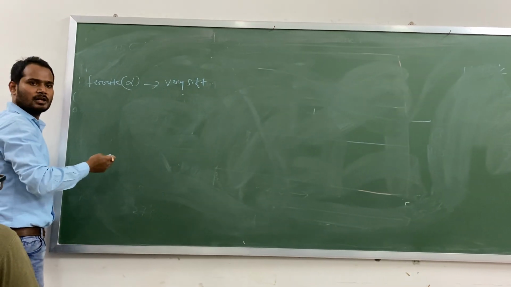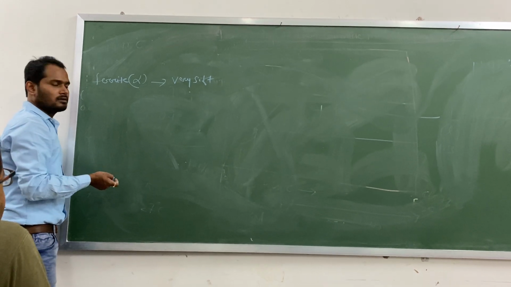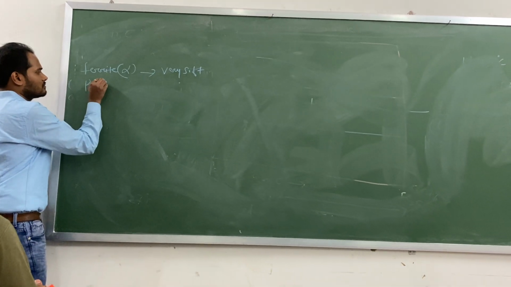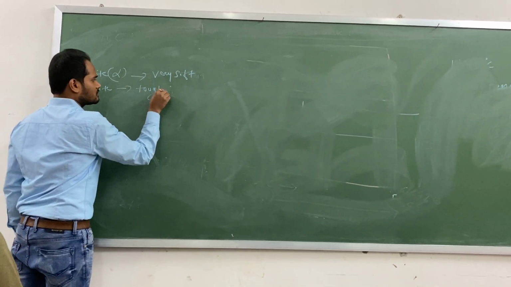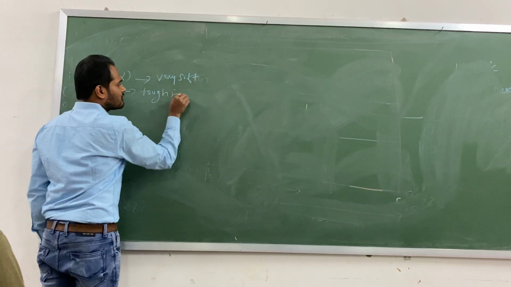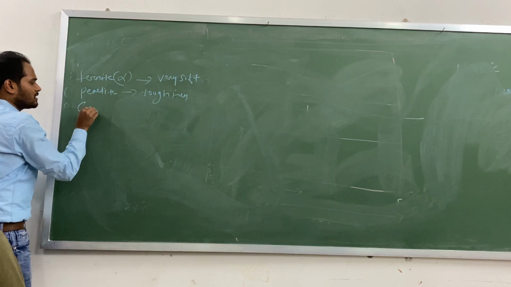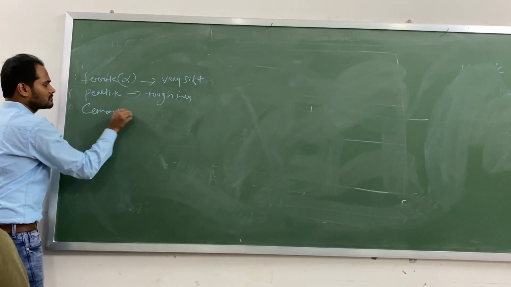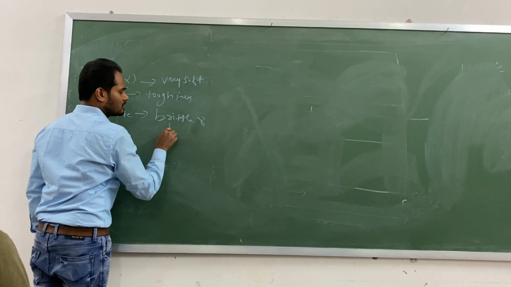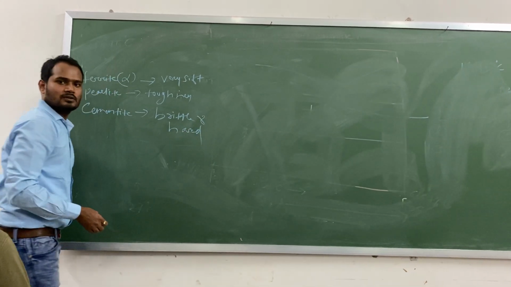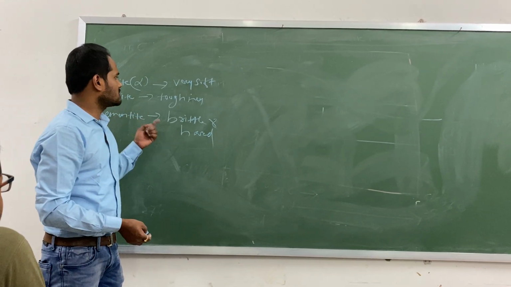If a steel contains more ferrite, it is more ductile because it is a soft phase. If I have pearlite in a steel, it will give you toughness in the steel. Similarly, if I have cementite, then it is brittle and hard. So these are the things: ferrite, pearlite and cementite. That's all.